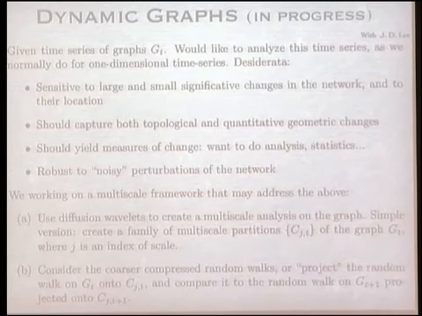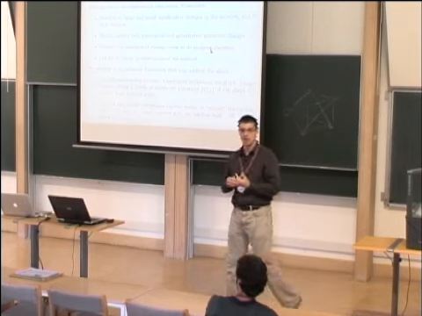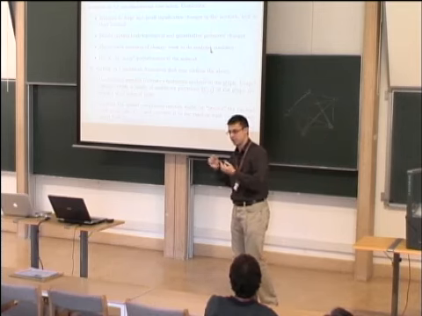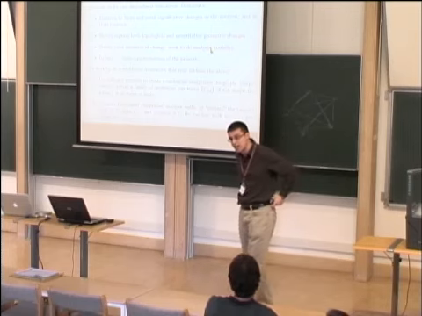So we have a graph that is going to change in time. And it's going to change in possibly weird ways. The weights of the edges might change. New vertices will come up. Some vertices will die. And we want to have some sort of robust tool in order to analyze this.